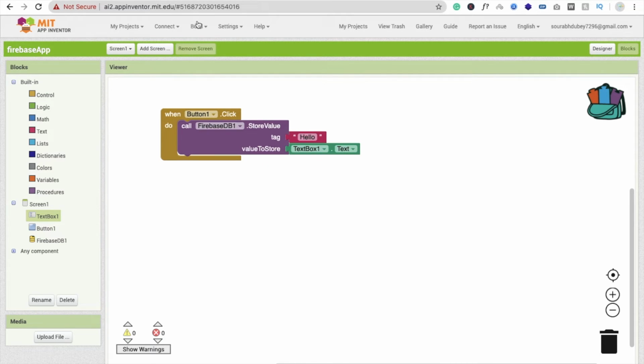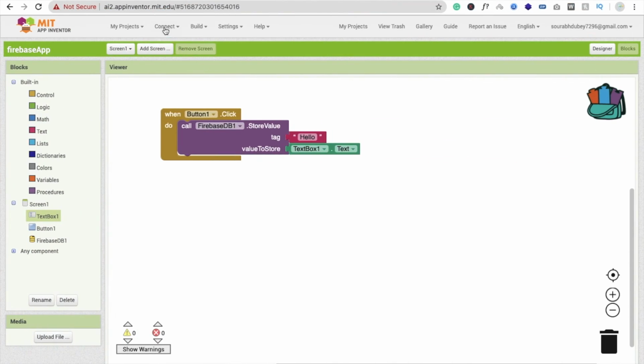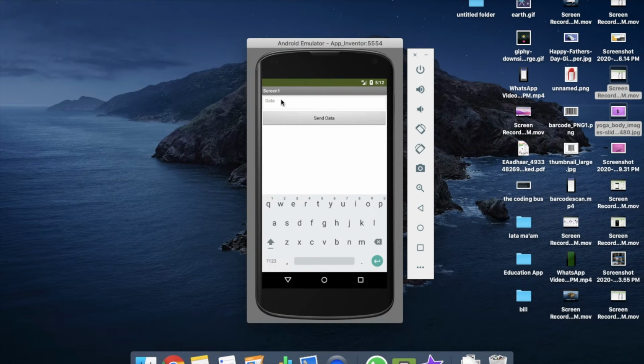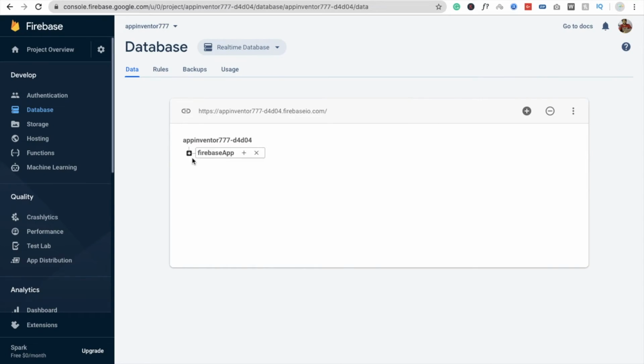Fine, we already have run this app, so go here and just refresh this app campaign, and you will see data here. Just type here something, this is app, something like this. Now click on send data and go to the database, and you will see your Firebase app. Just click on the plus sign, you will see a tag, that one is hello and that one is something